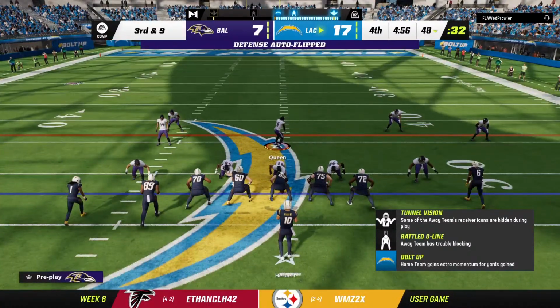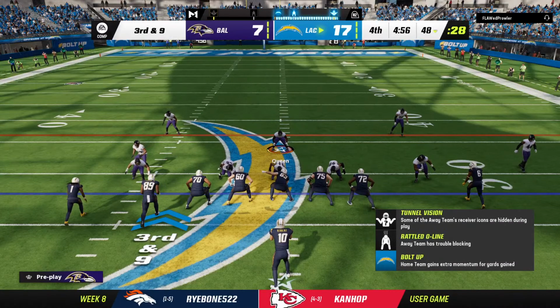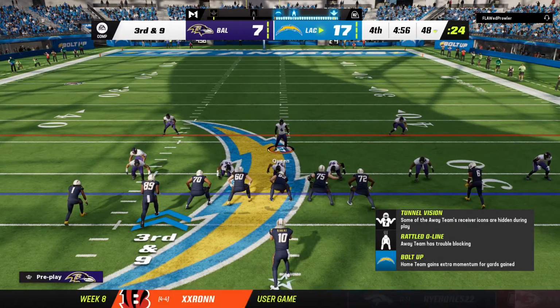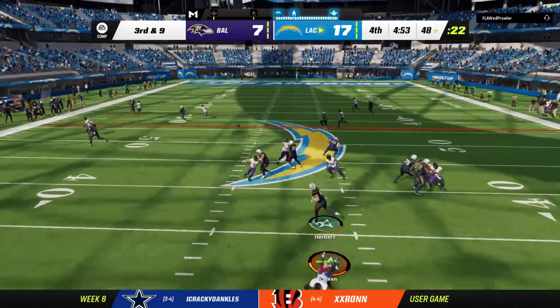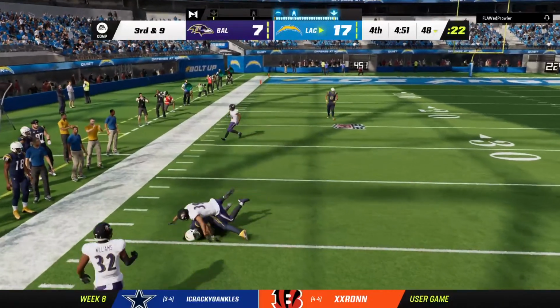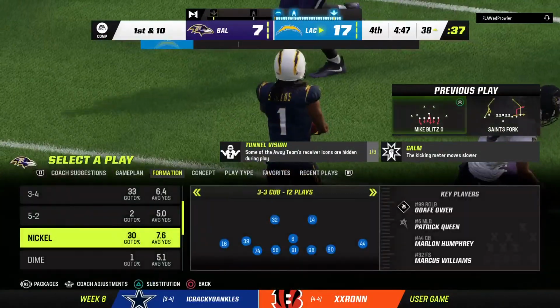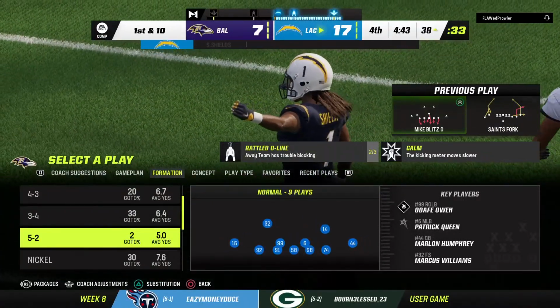And this offense on third down today, they've been good. 3 for 4 thus far. This is third and 9. Now Herbert with it, looking to pass. Throwing left side, it's complete. And he is going to have the Chargers first down as they're able to get the third down conversion. And looking to put